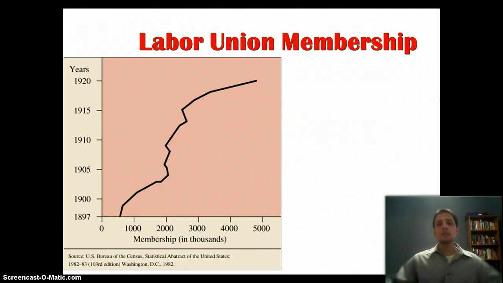Now, despite all this negative connotation for labor unions, what you're going to see is that membership in labor unions is just going to keep going up and up, because union members realize this is the only way they can combat the power of the industrialists. The industrialists have a lot on their side. They have wealth, they have influence in the government, so what workers have going for them is that they have to stick together and work together.